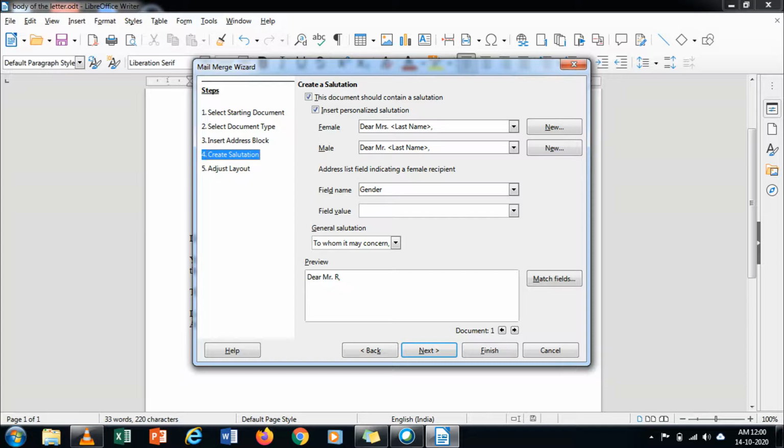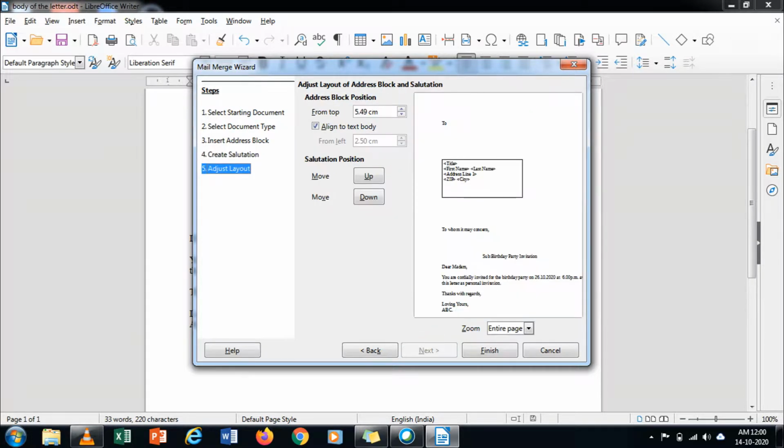A Create Salutation window will appear as shown in the video. To set the salutations for male and female recipients, distinguish one group from another by choosing from the offered field names, for example gender, and entering the field value, for example female. Click on the Next button.